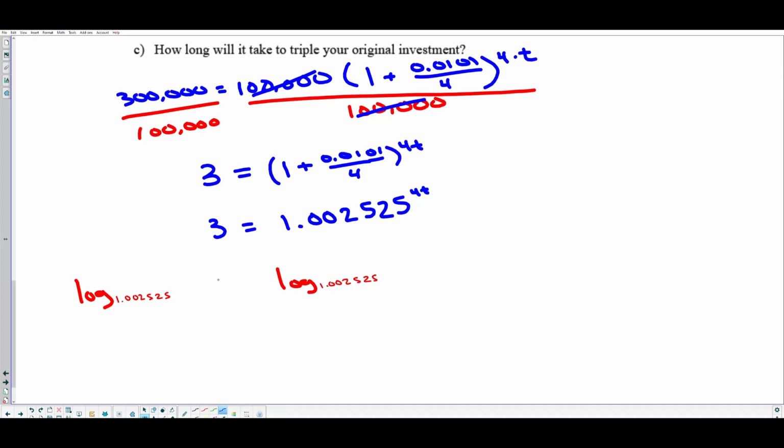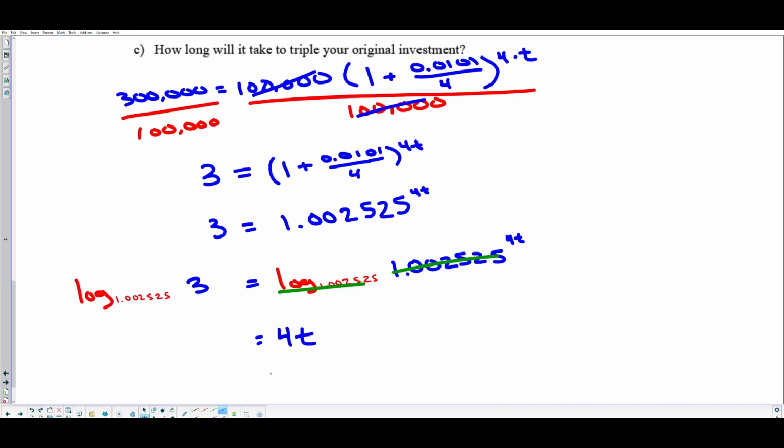Of 3 equals log base 1.002525 of 1.002525 to the power of 4t. Okay. Again, the reason why we're doing this is because this will simplify down to 1, and we will be left with